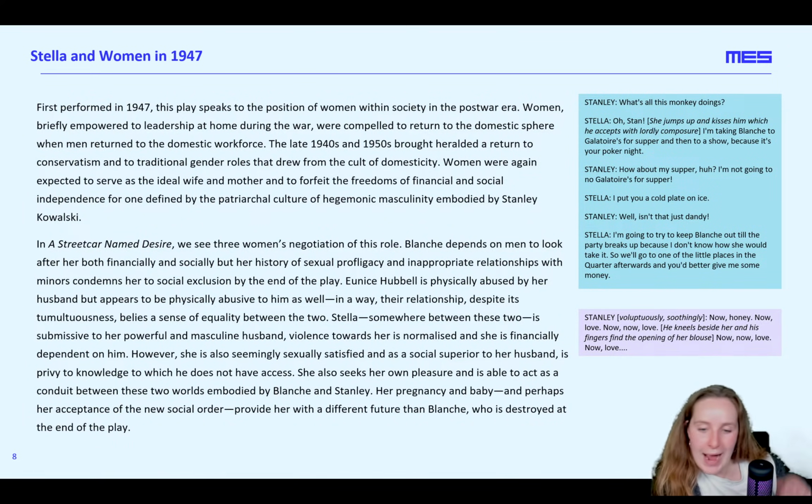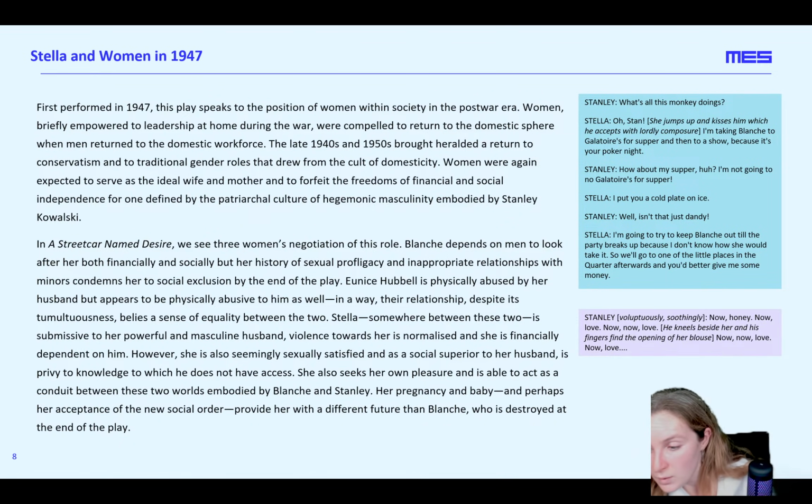Then let's take a look at a little bit more about women in 1947. So I'm going to read, and then there are a couple of quotations there that really do highlight these key quotations with Stella in terms of her presentation as a woman within a patriarchal system. These ideas we've already started to introduce. So,